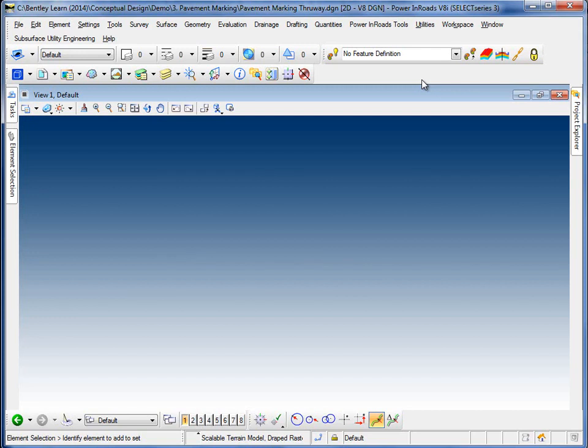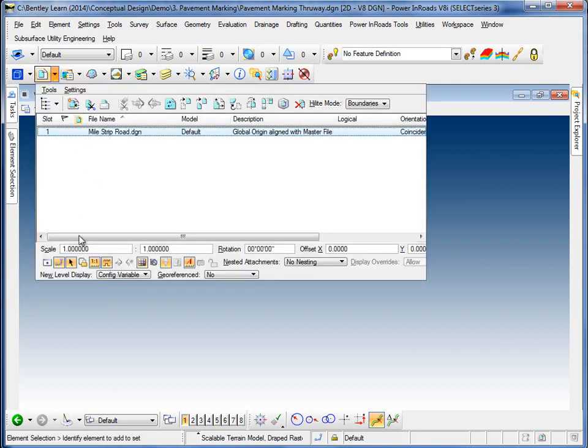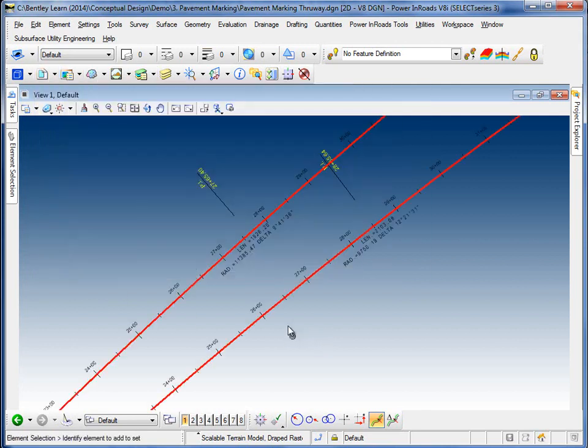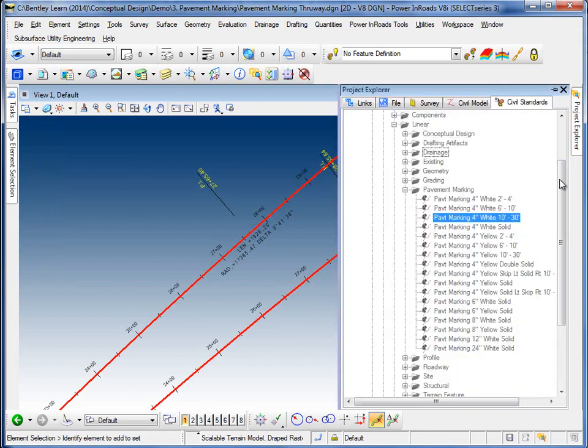Alright, I'm going to begin in a blank pavement marking file here. And what I want to do is just start off by bringing in some reference geometry that we'll use as a basis for our pavement marking. Now, before we start doing that, we want to look at